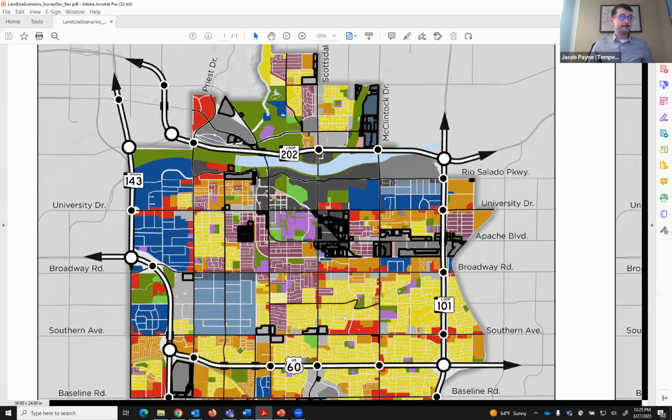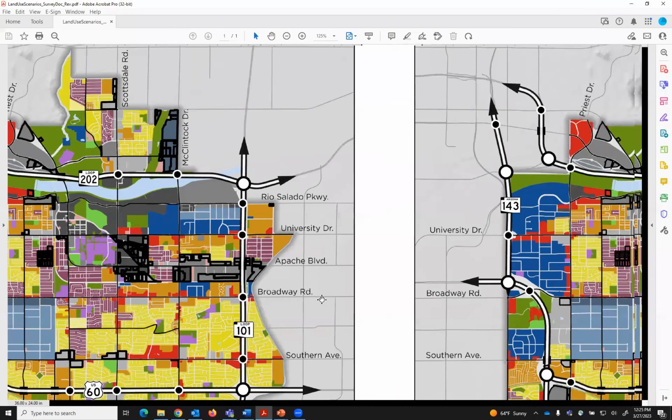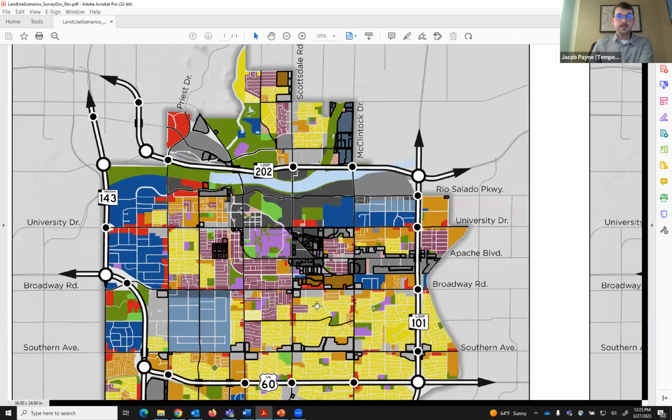Is that better? Yeah. So hopefully people can see what we are talking about. We can always go to other areas if you wish. But obviously the majority of the changes are to the north of 60. So then for scenario 2, it's all the same changes from scenario 1 with some additional ones. So they're building upon each other.